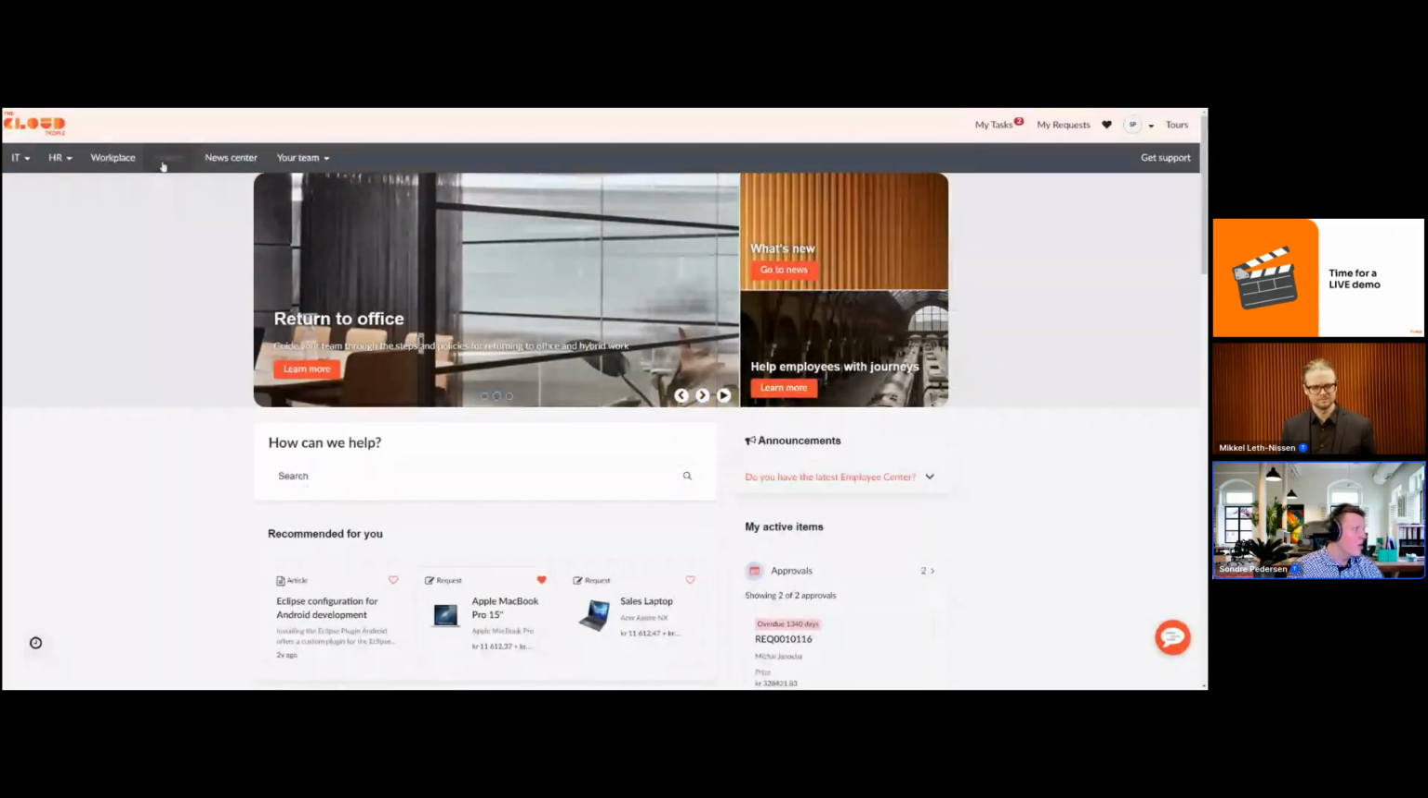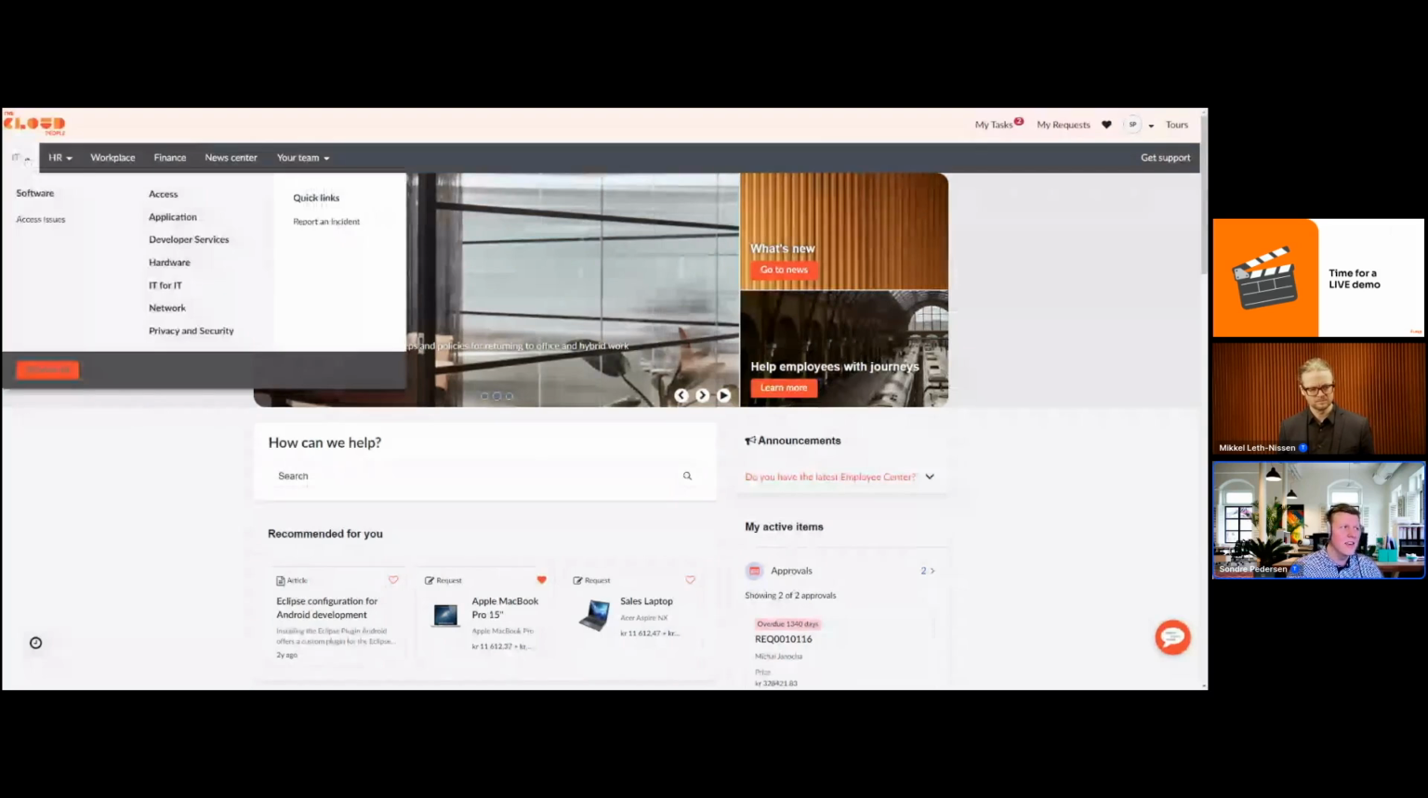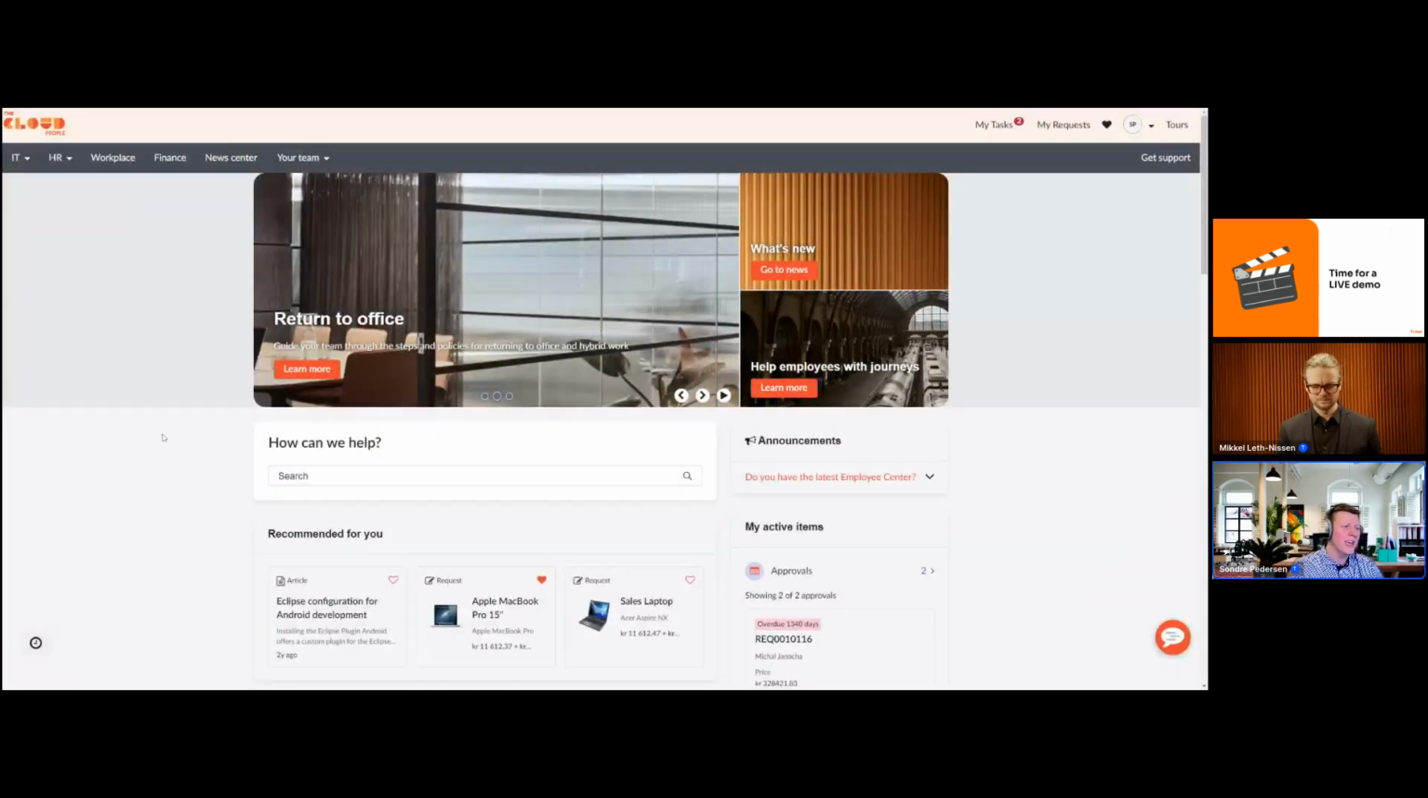Also, one other area which is crucial is the top here. This is the mega menu. Here we have IT, HR, workspace, finance, and also News Center and your team. We'll talk more about News Center and your team later. This is your organization. So when we click on IT, we can see the structure I talked about earlier. We have IT, which is the main topic. When we click in on this,